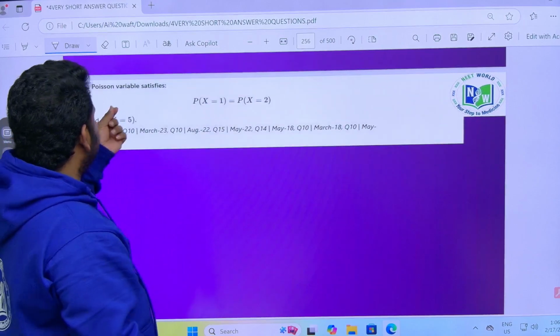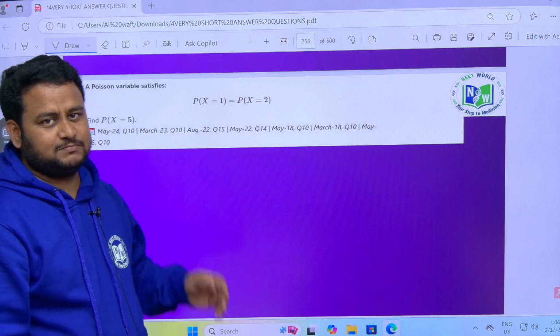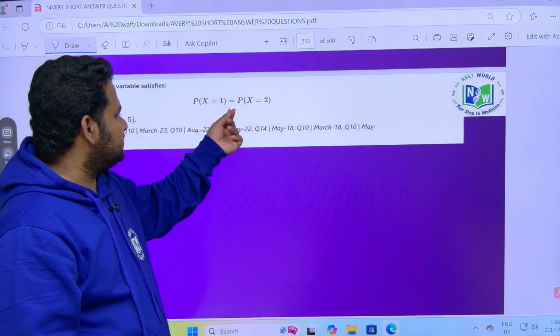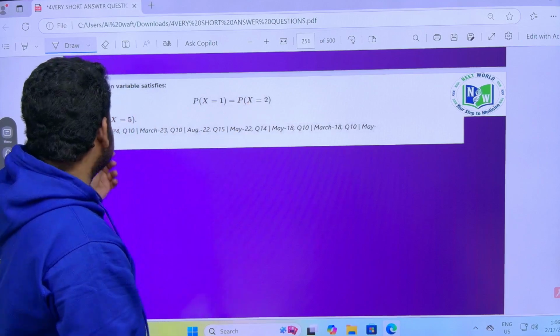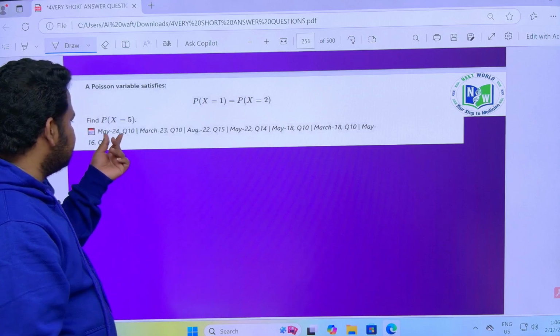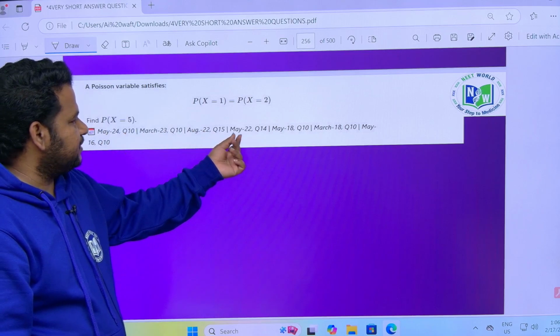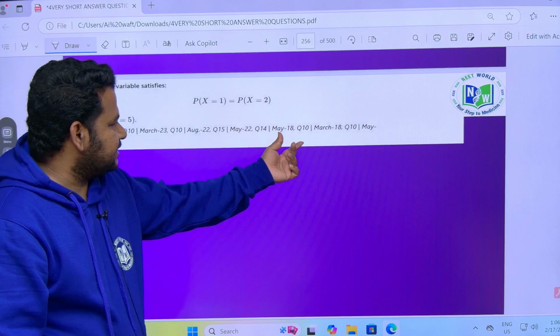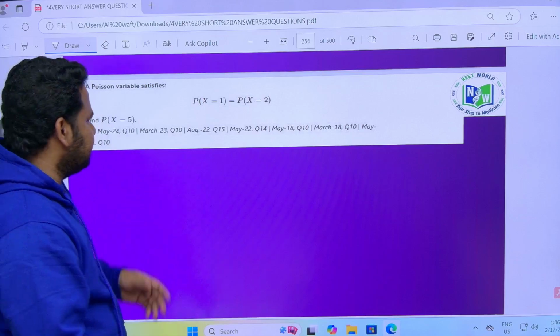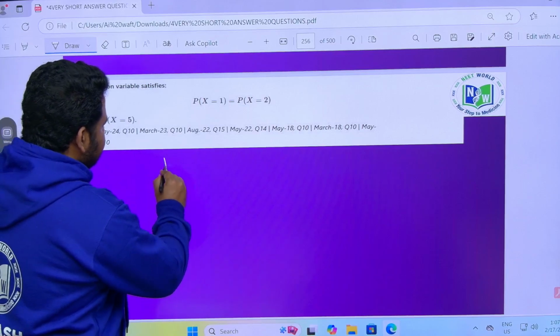They are telling a Poisson variable, we saw just now what a Poisson variable is. A Poisson variable satisfies P of X equal to 1 is equal to P of X equal to 2. Then they are asking us to find P of X equal to 5. This has been asked in many years: 24, 23, 22, 2018 two times, and 2016 also. This is a very important question. So let us write. We know that for a Poisson